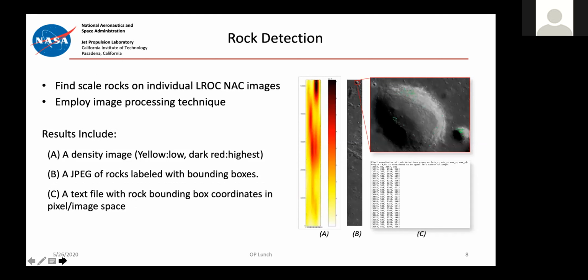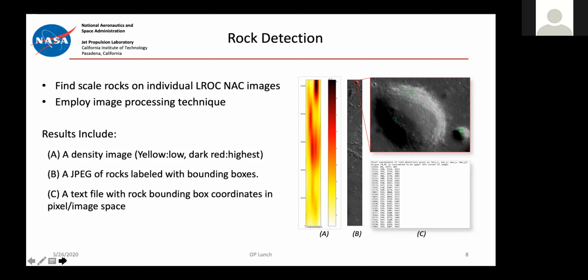So rock detection is another image-based advanced tool. It uses classic computer vision techniques to identify rocks on LRO NAC images again. The techniques include gradient computation, image sharpening and contrasting, and threshold applications and analysis to find as many rock candidates as possible. You again select a specific area of your choice and then any of the available NAC images in